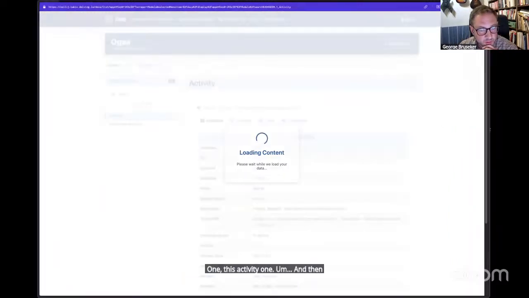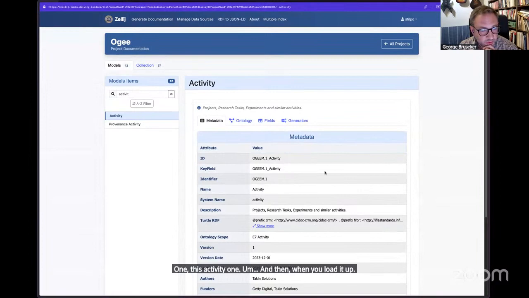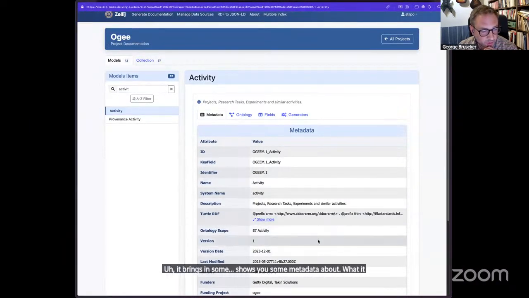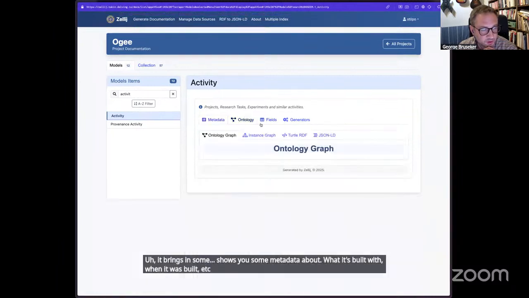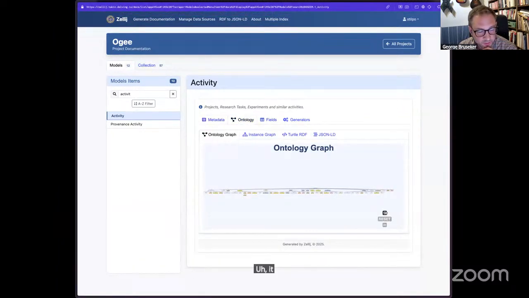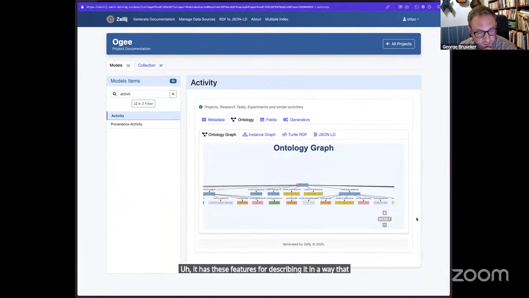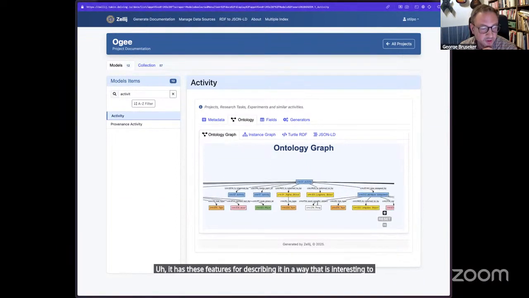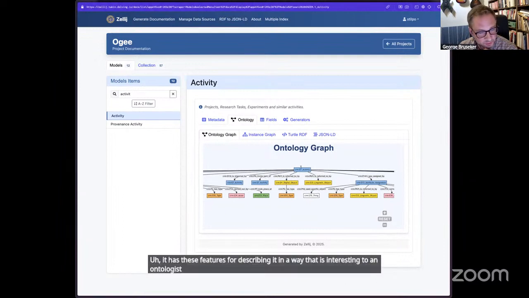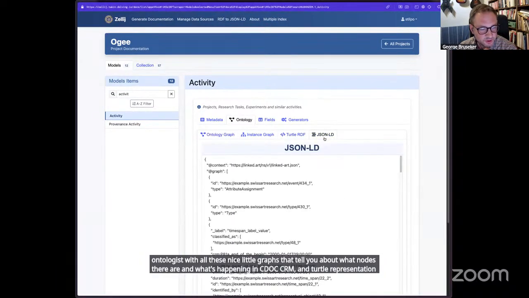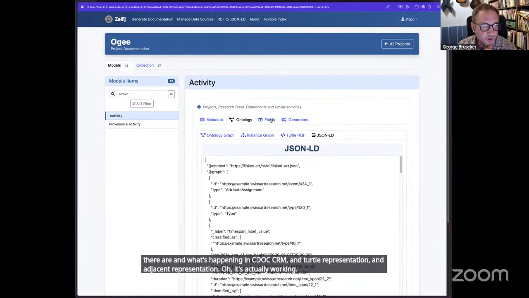Then when you load it up, it shows you some metadata about what it's built with, when it was built, et cetera. It has these features for describing it in a way that is interesting to an ontologist, with all these nice little graphs that tell you about what nodes there are and what's happening in CIDOC CRM, and a turtle representation and a JSON representation. Oh, it's actually working. That's great.